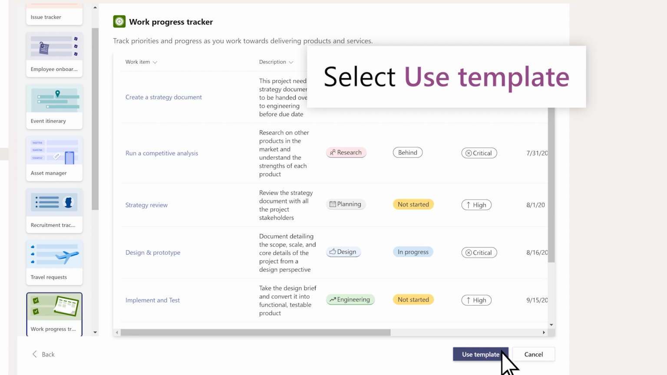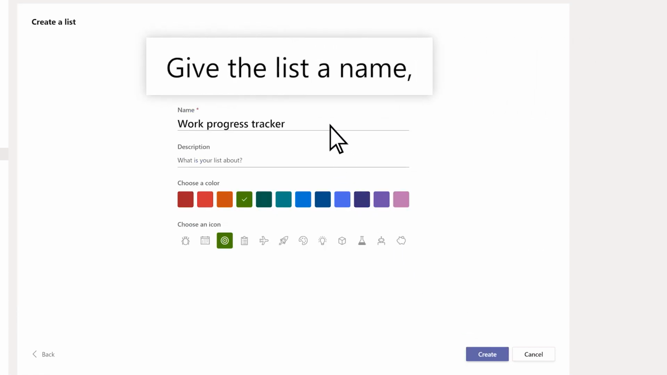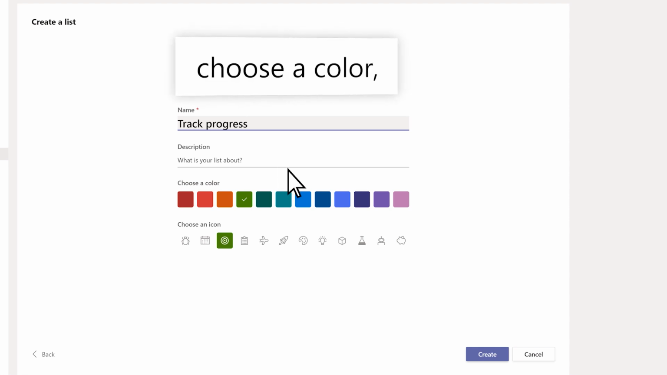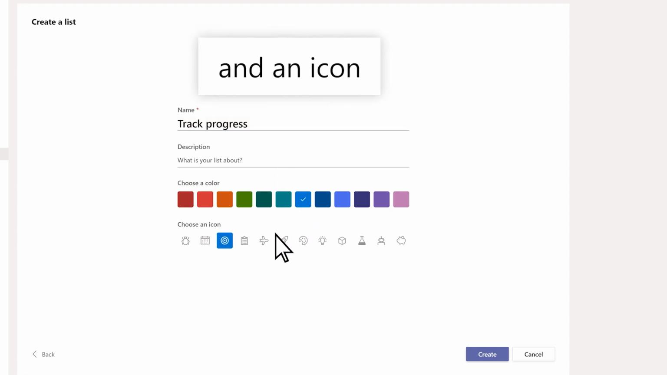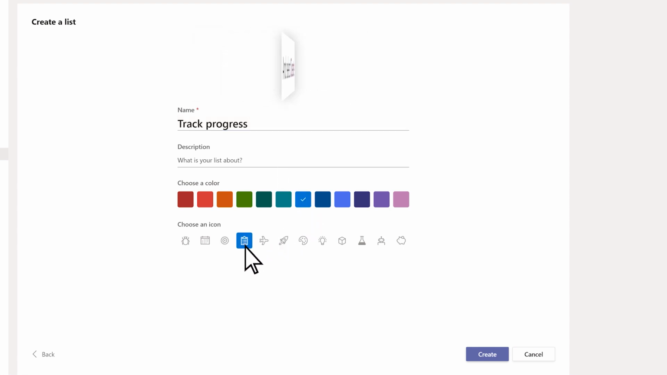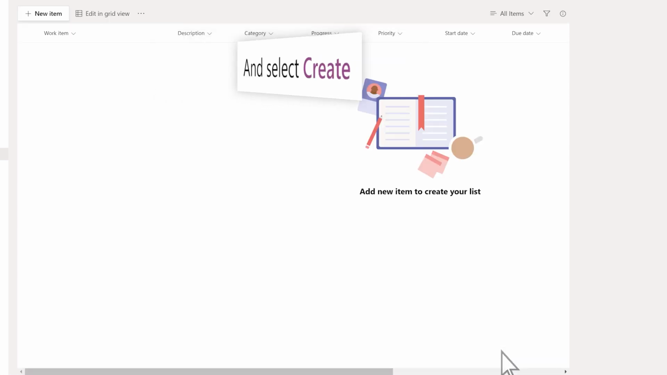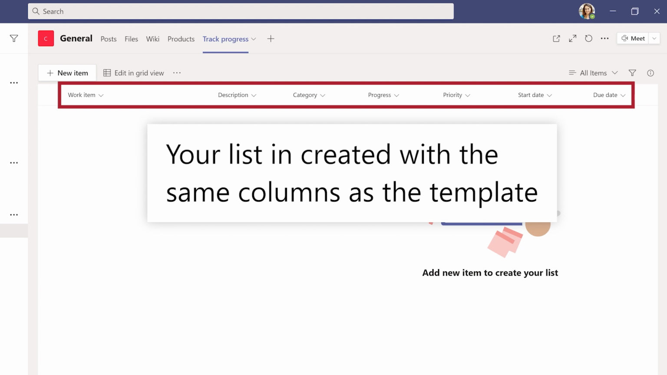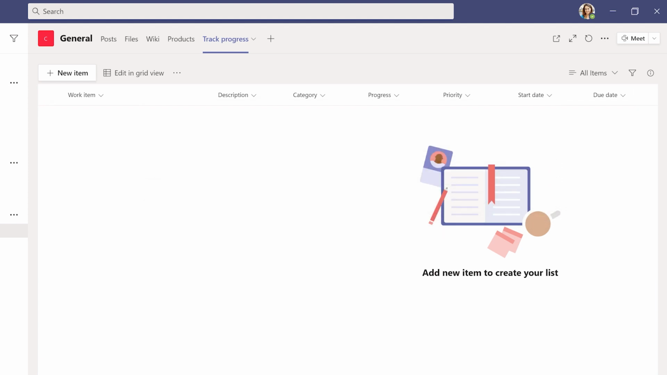Select Use Template. Give the list a name, a description, choose a color, and an icon if you like, and select Create. Your list is created with the same columns you saw in the template, ready for you to add your information